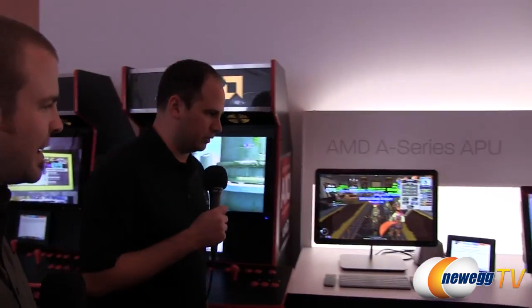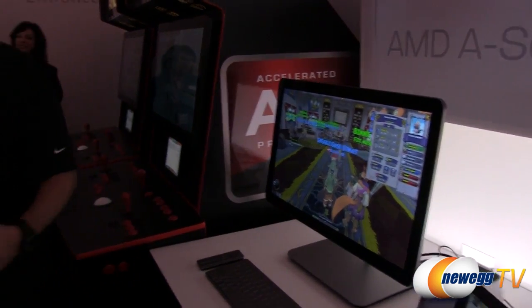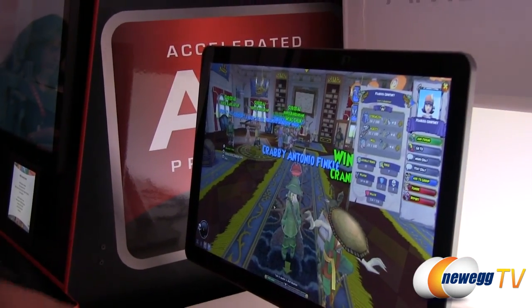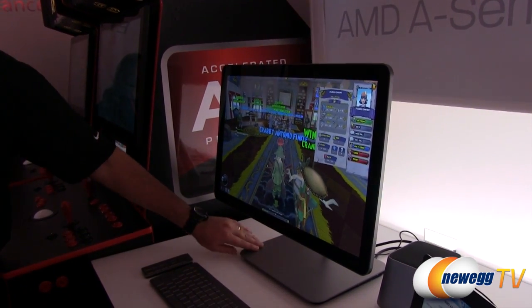And over here, this is our newest introduction into the all-in-one space. On Monday, AMD announced a partnership with Vizio. This machine is really the pinnacle of the all-in-one desktop that we have today. It's an A10 mobile-based part. All of the PC components are housed right here in this very thin